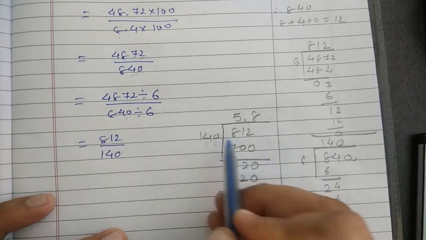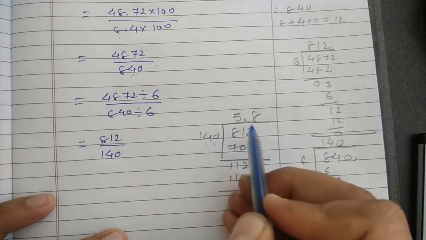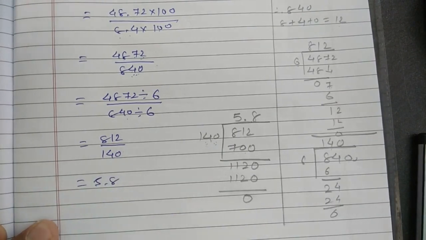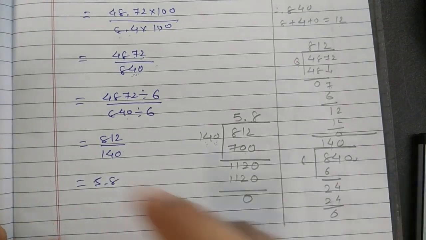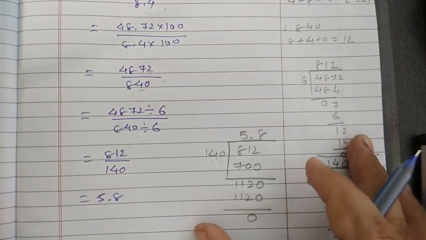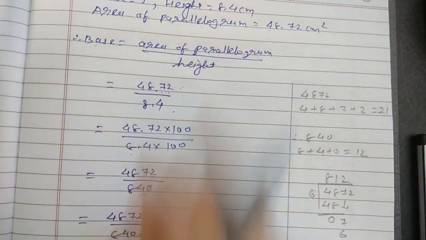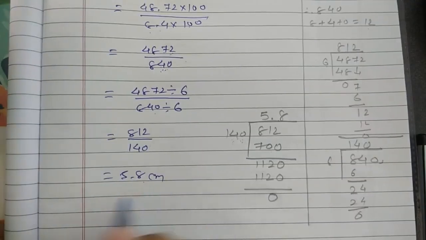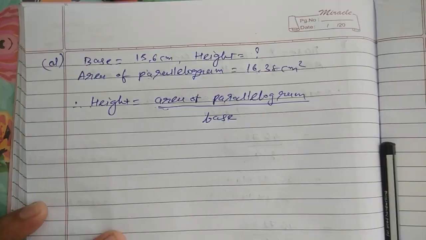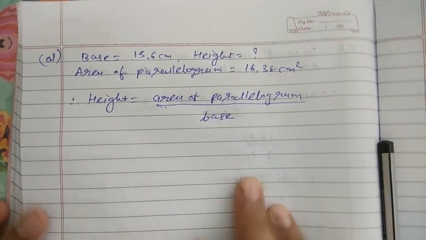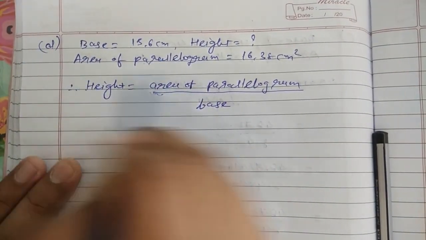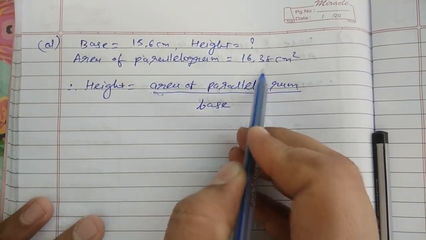So what is the answer? 812 divided by 140, it is 5.8. So that is equal to 5.8. And what is unit? That is centimeter. So here we found the base 5.8 centimeter. Now next D. Here base is given 15.6 centimeter and area of parallelogram is given, that is 16.38 centimeter